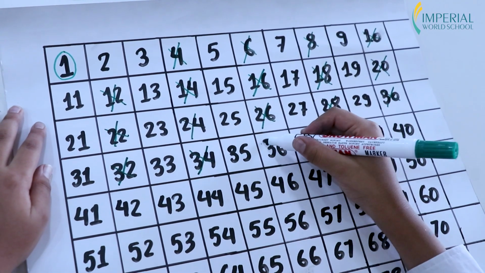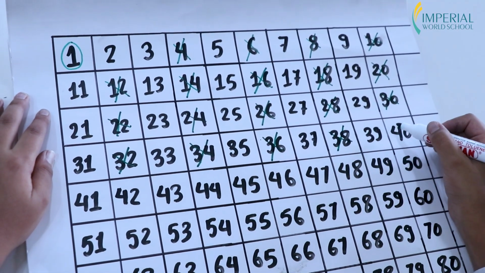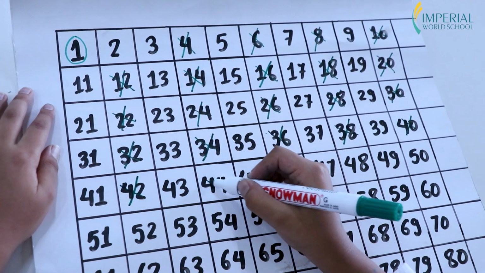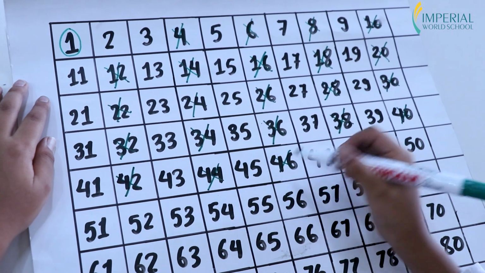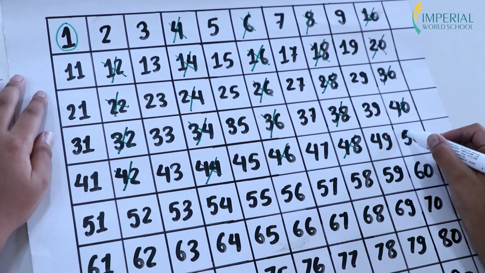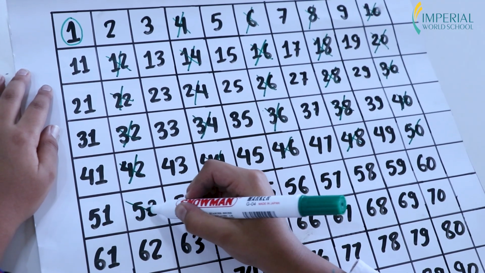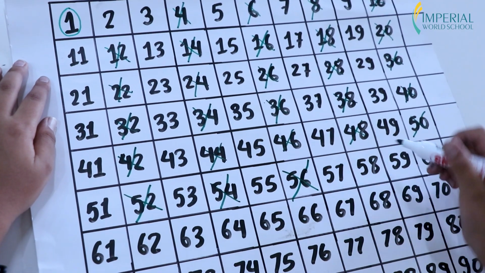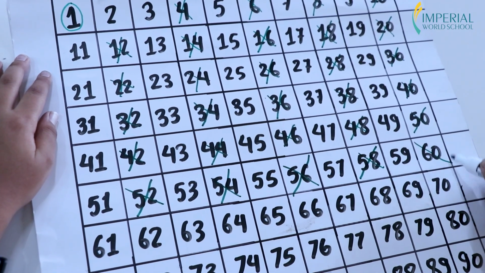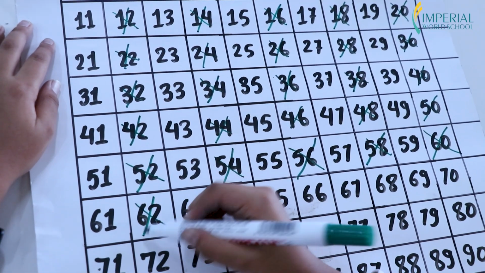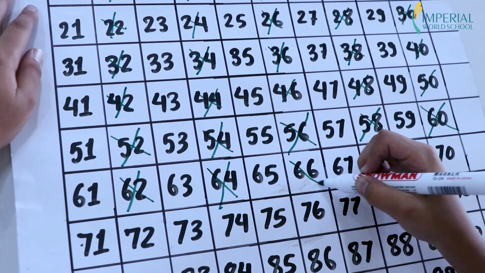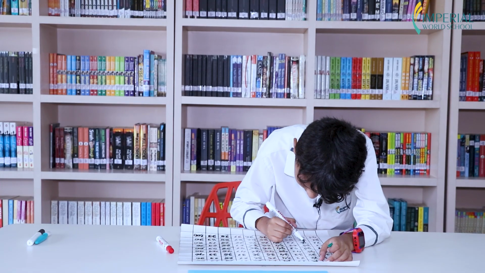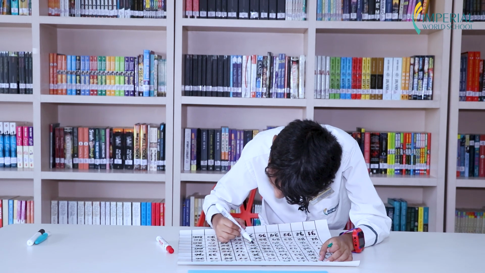32, 34, 36, 38, 40, 42, 44, 46, 48, 50, 52, 54, 56, 58, 60, 62, 64, 66, 68, 70, 72, 74, 76,